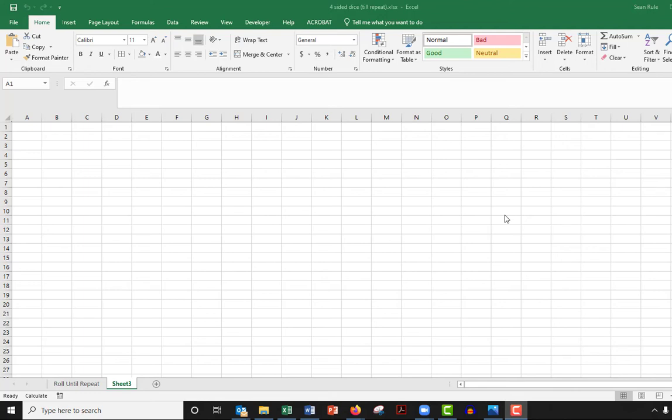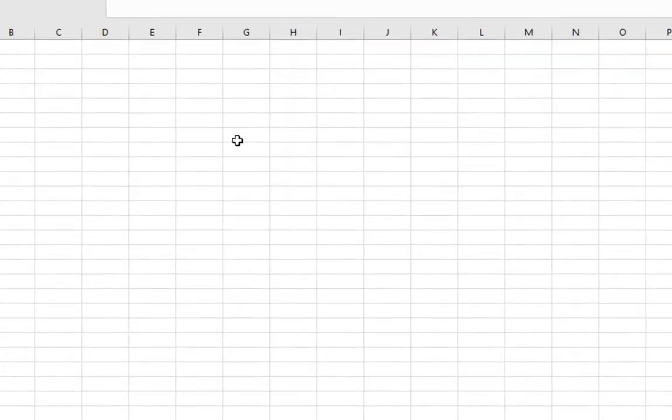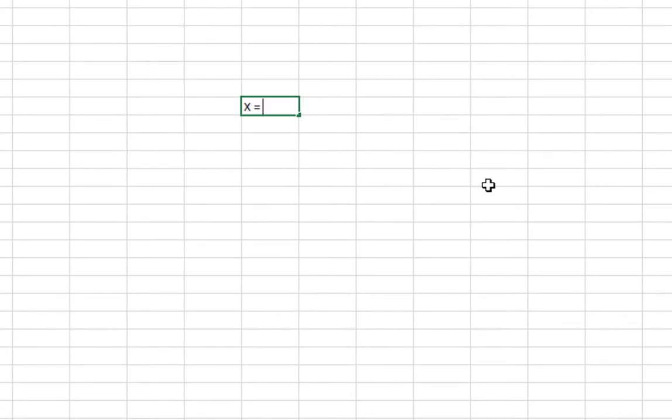Okay, my friends, so let's actually figure out how to take the average of this distribution that we just created, because that's kind of the superpower of probability distributions, being able to find averages of them. So let's get in here and create our distribution. X equals number of rolls, and I'm going to give this a nice little title. I'm going to say roll a die until we get a repeat.